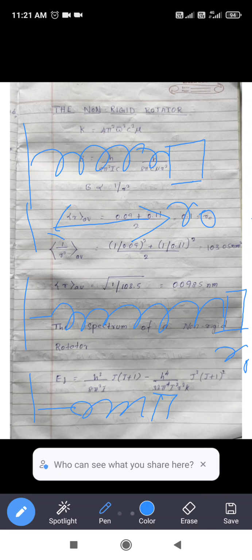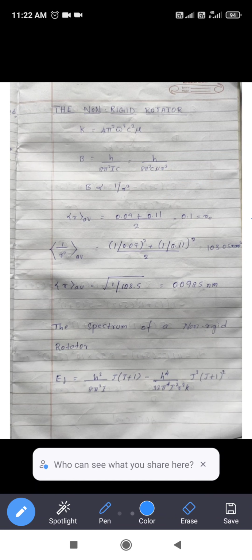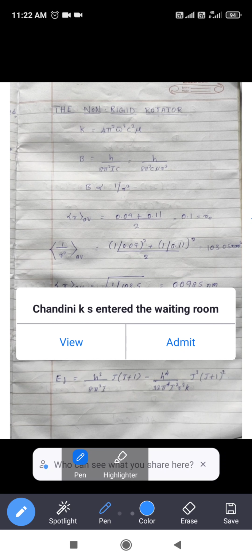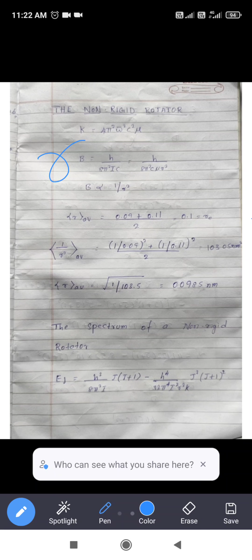So I consider here the equilibrium condition. You can see this figure, it can be stretched and compressed equal distance. Next, consider the average distance or equilibrium distance of the spring is R AV, which is equal to 0.1. This is equal to equilibrium distance. So here the spring is stretched by